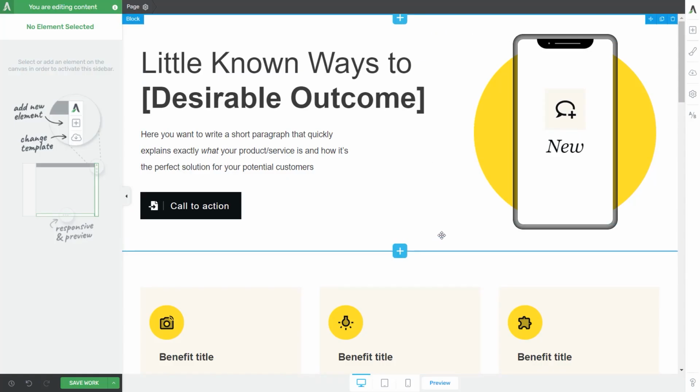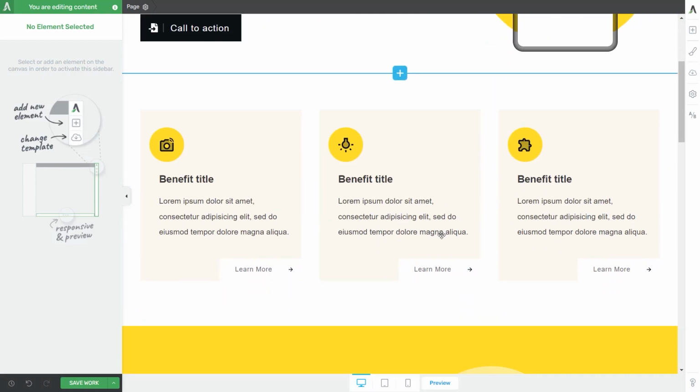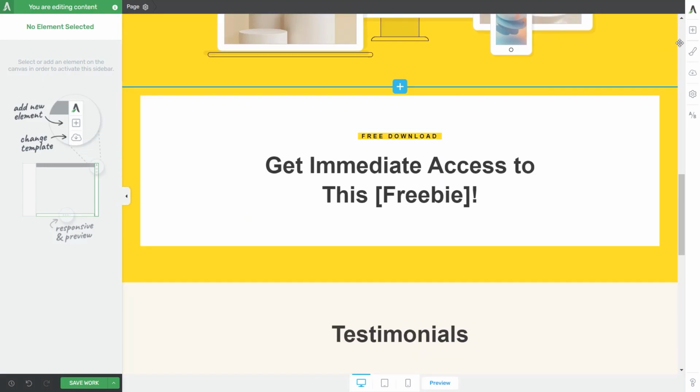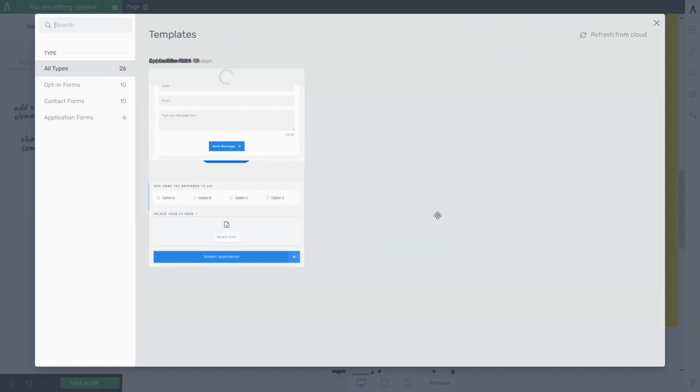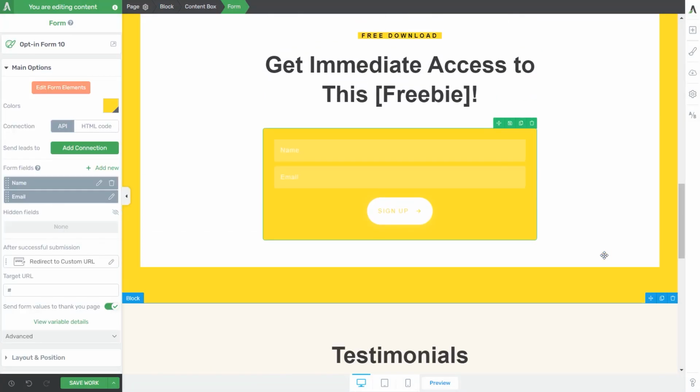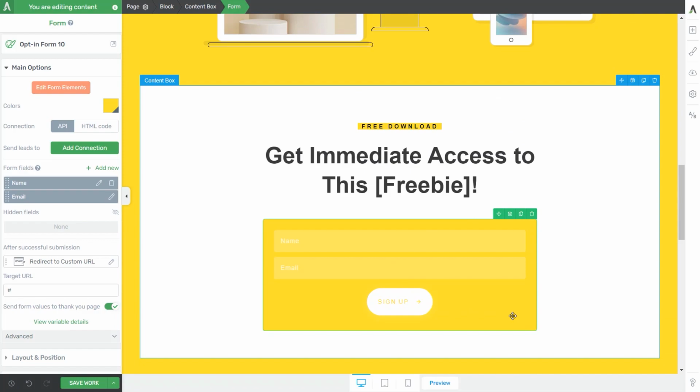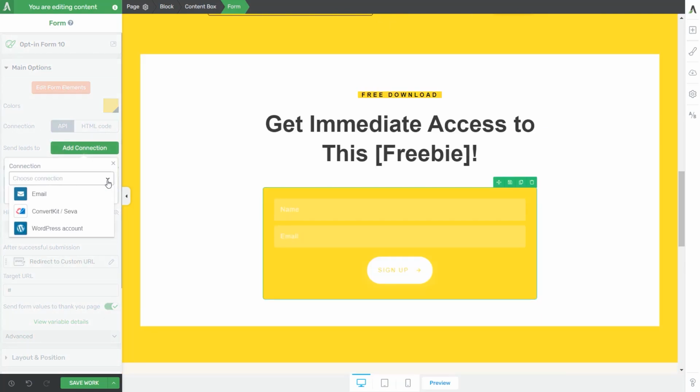So for that, I have this landing page right here on my screen. So what I'm going to do is simply click on the plus icon and then drag and drop my lead generation onto my canvas. Pick a template, and that's pretty much it. Now this lead generation element needs to be connected to ConvertKit, and in order to do that, we will have to go here to the left sidebar, click on Add Connection, and then select the ConvertKit integration from the list